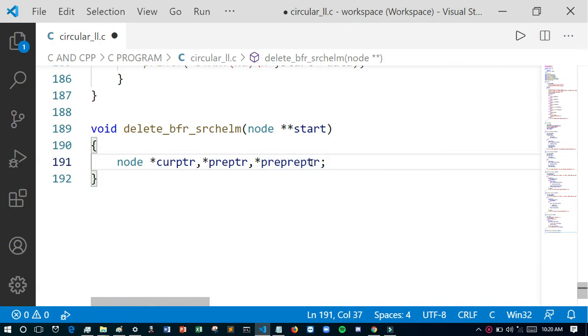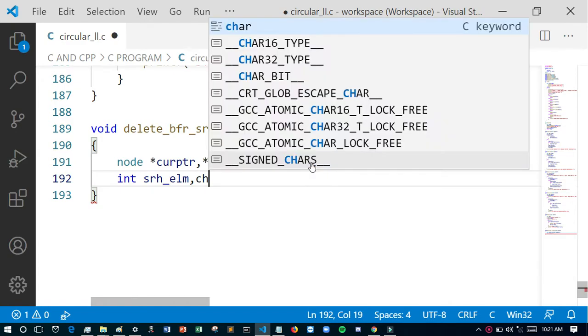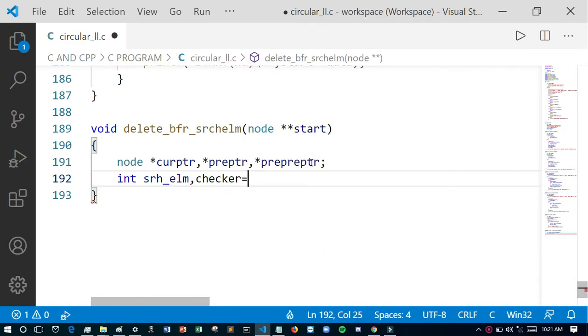Then int search element will store the element which the user gives, to check whether it is present or not, and it will check how many times the loop will execute. ptr equals start.